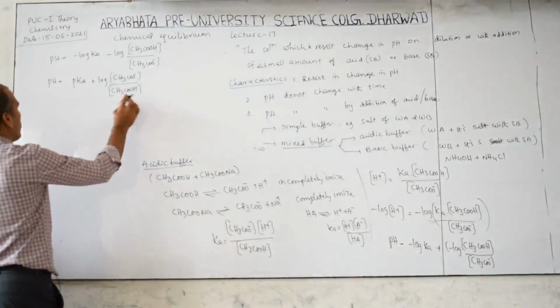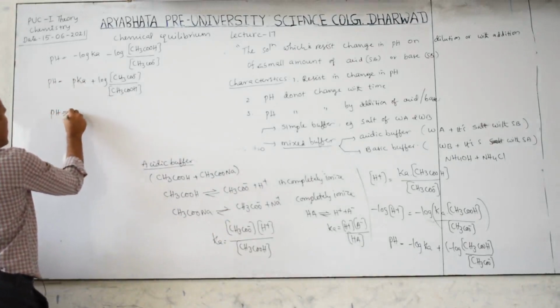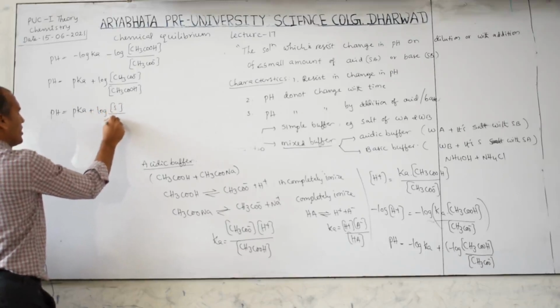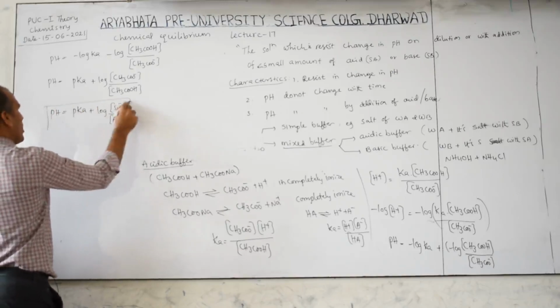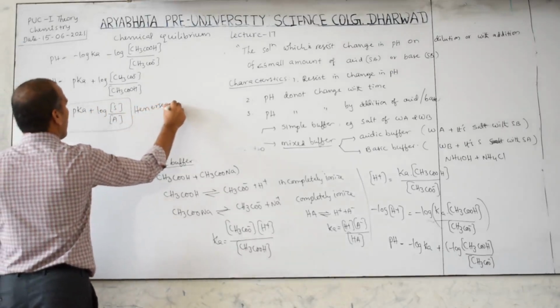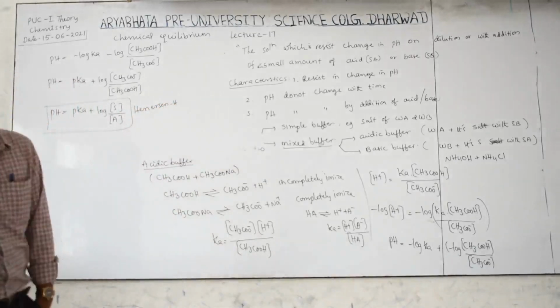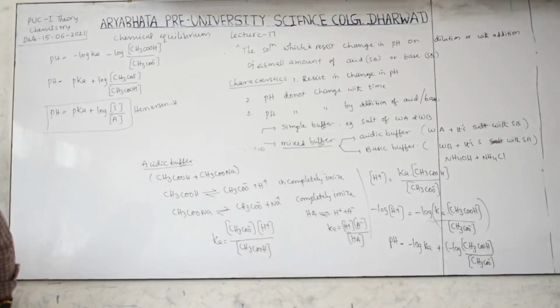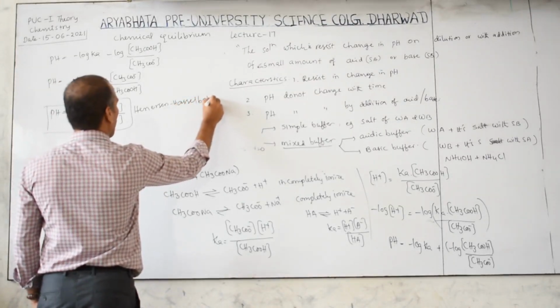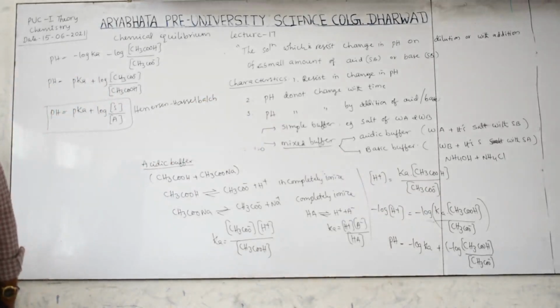Then already I told you very clearly this CH3COO minus not coming from acid, this is coming from salt. Therefore this is simply represented as pH is equal to pKa plus log salt concentration by acid concentration. This is a formula, and this formula is known as Henderson-Hasselbalch equation. One important term is there, because sometimes directly they may ask the name also. What is the name of that equation? Henderson-Hasselbalch equation.